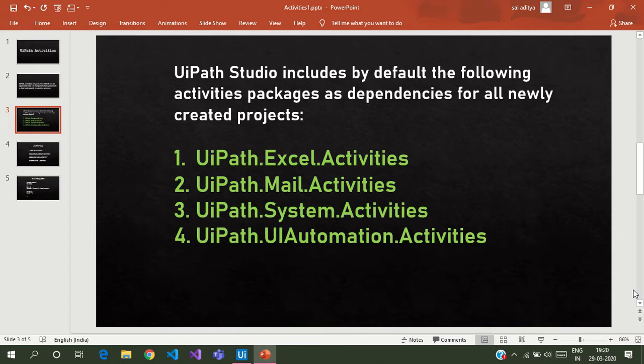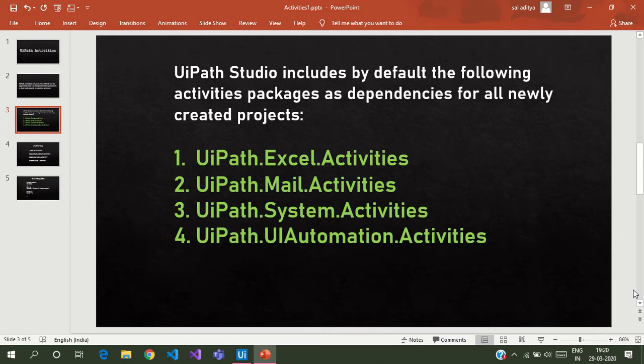In this video I will tell you about four activities that are the main basic activities of UiPath Studio, and in the next video we will take some other activities. When we discuss an activity, we will describe how it can be useful in automation projects, what the advantages and disadvantages of using that activity are, and we will see all the properties of that activity.